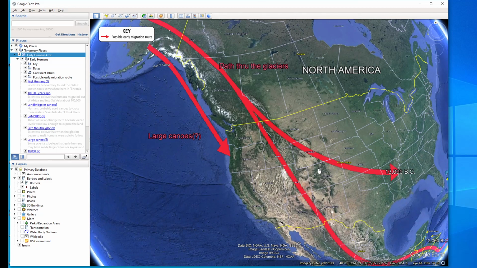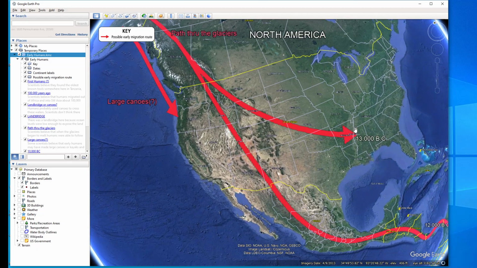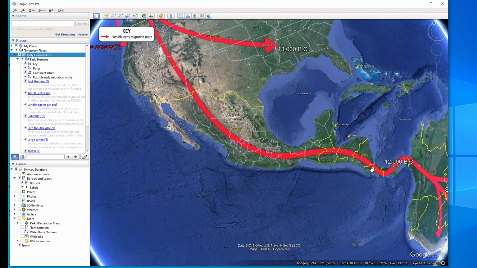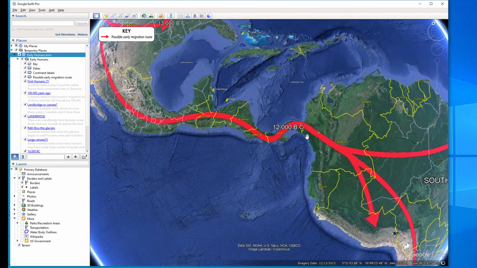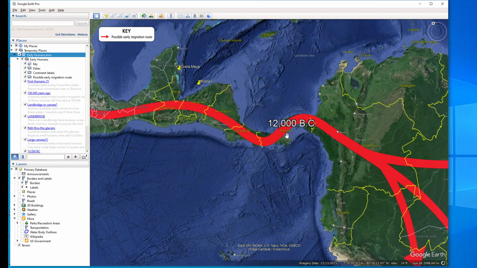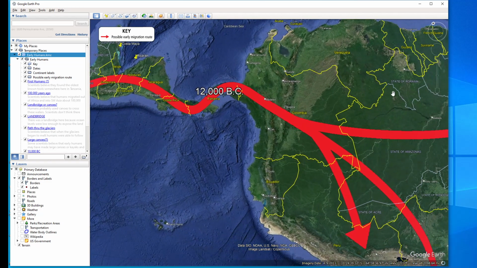Okay, down into North America, across here, hunters and gatherers, eventually all the way through the land bridge between North and South America, where Panama is today. You can see the word Panama. Down into South America,